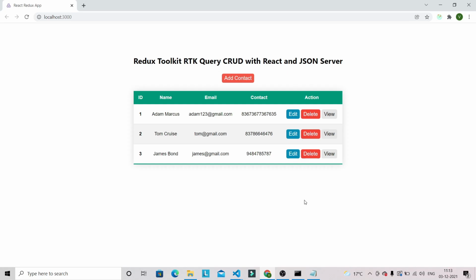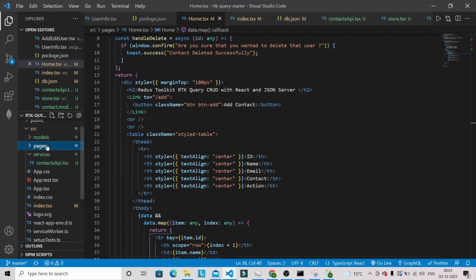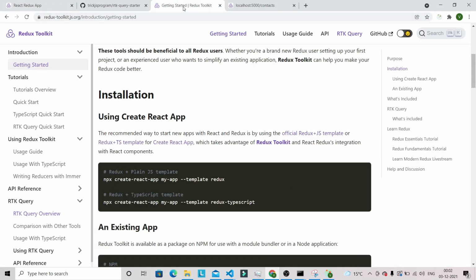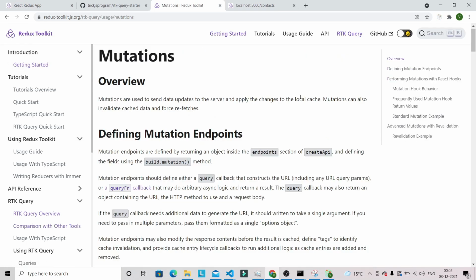So guys, now let's work on other operations like adding a new contact with the help of RTK Query in our React application. So for adding the contact we have to perform a mutation. So let's understand a little bit about the mutation. So I'm just going to the official documentation and here, guys, for adding the contact or deleting the contact or updating the existing contact, we have to do a mutation.